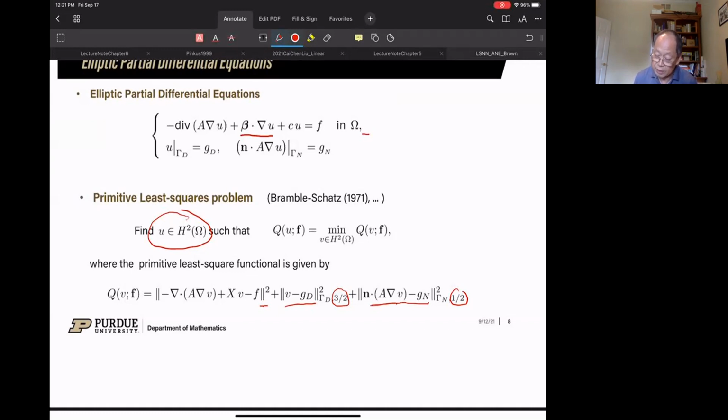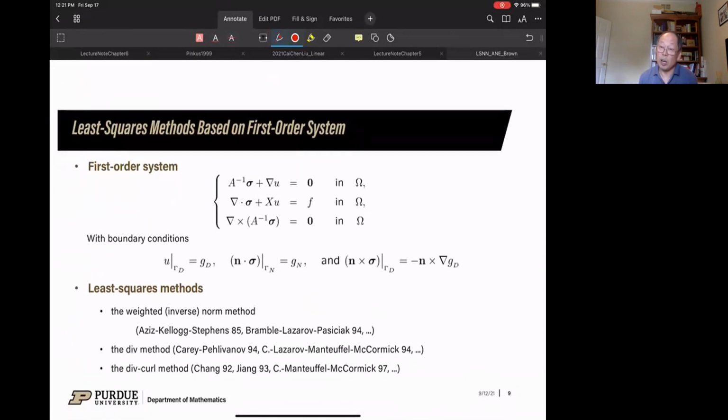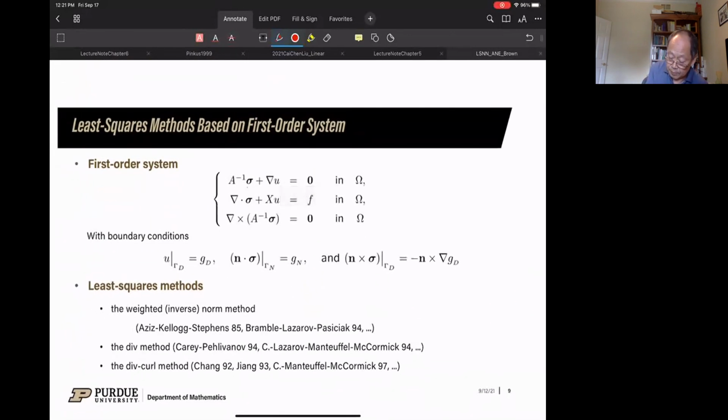That's the reason people then think about the idea from ODE. If you solve a higher order ODE, one way of doing that is to introduce an additional independent variable so that you can reduce the higher order ODE to a first order system. So that's the reason for this one. If we introduce what we call the flux, this actually has a physical meaning. Then we can write the second order equilibrium equation as the divergence of the flux, plus the first order derivatives.